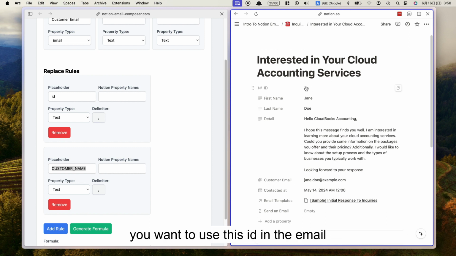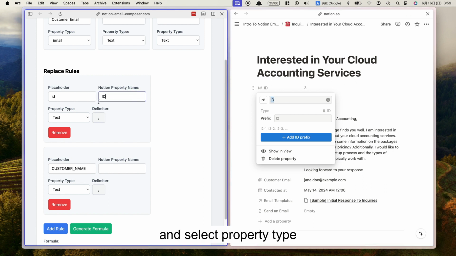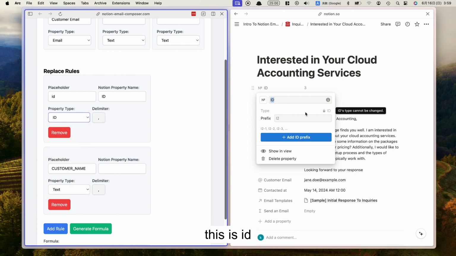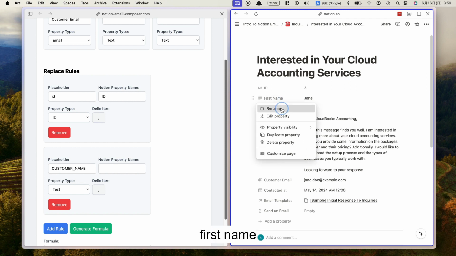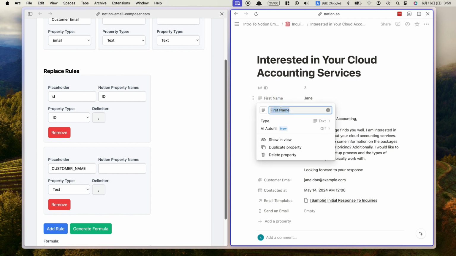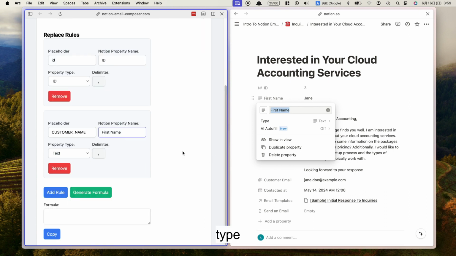You want to use this ID in the email, so copy the name and paste it here and select property type ID since this is ID. And then you want to use first name for the customer name. Copy it and paste it here and select text type. That's it. Now click Generate Formula